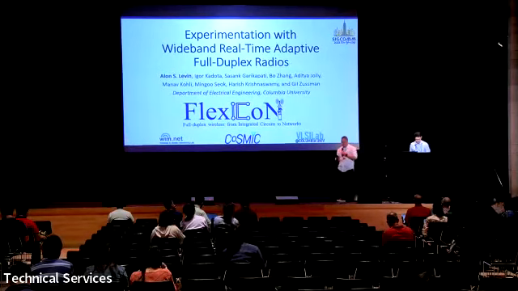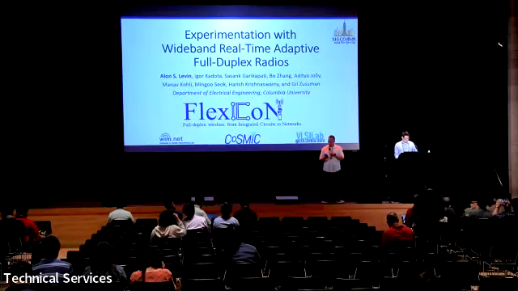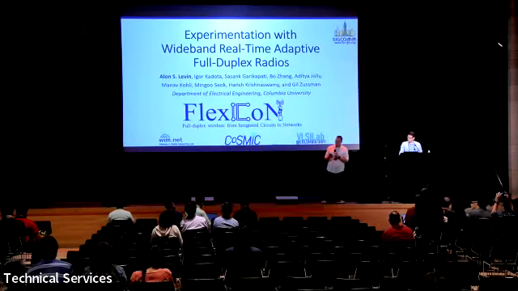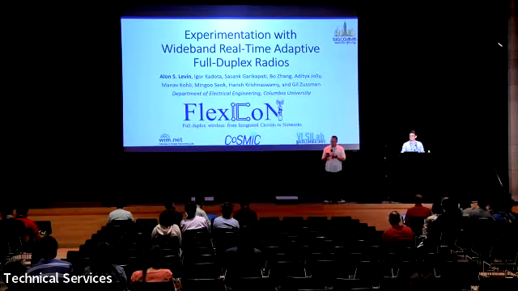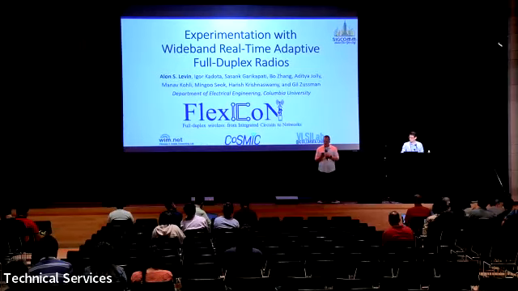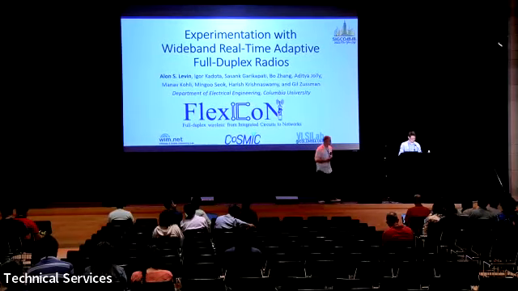All right, next up is Alon. Alon's a third-year PhD student and NDSG fellow at the Wireless Mobile Networking Lab here at Columbia. He received his bachelor's and master's in electrical engineering in 2020 and 2021, respectively, from Cooper Union, and his interests are in full-duplex wireless, physical layer algorithms, compressed sensing, and cognitive radio.